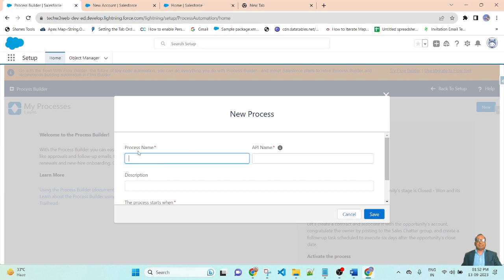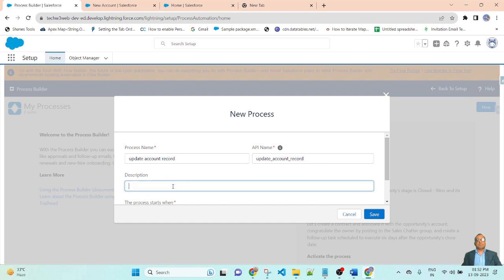For the new process, write the name of the process. I am writing the name of the Process Builder as Update Account Record. Then the API name will be automatically populated.